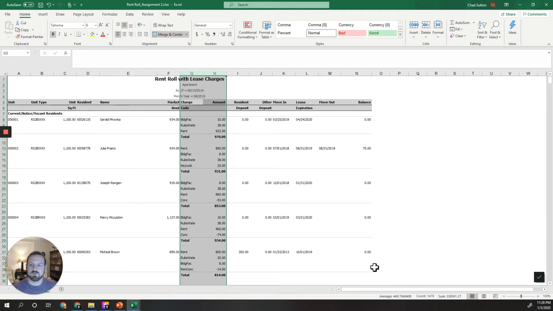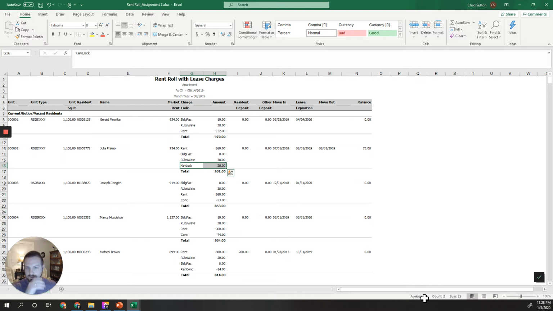So you'll have things like rent, which is obvious. And then you'll have RUBS. RUBS water is what that's trying to say. There's many different names for this acronym, but effectively it's residential utility bill back system or something like that. But billing back utilities is what they're doing if it's not sub-metered. Building facility, it's probably some sort of a charge. Key lock, they must have locked their keys here or lost their keys. So it keeps track of all the charges on a given account at any given time. And then like we talked about before,